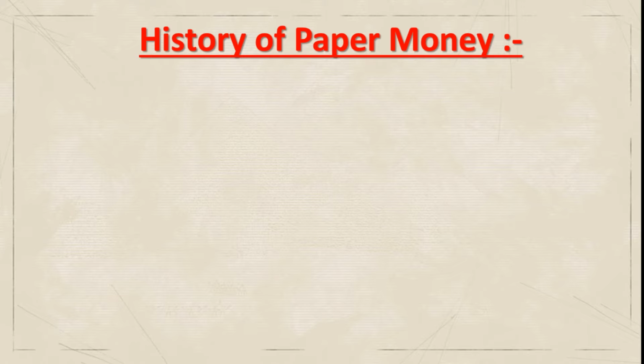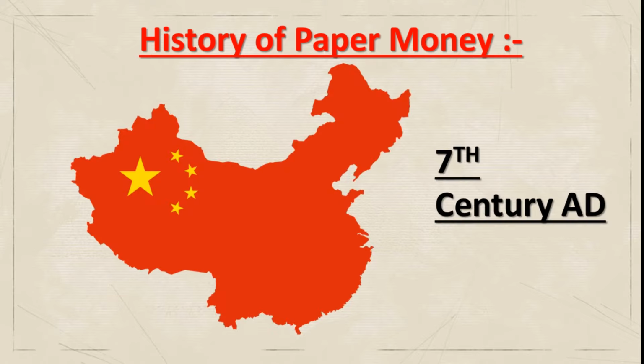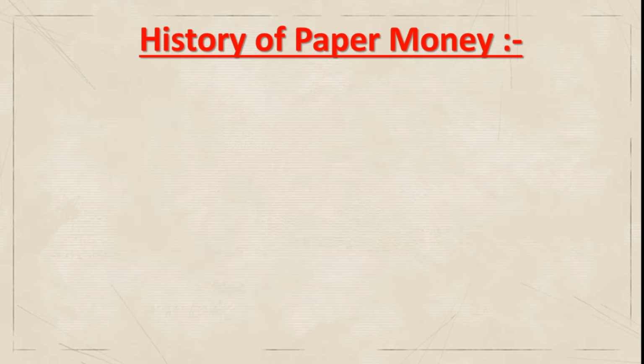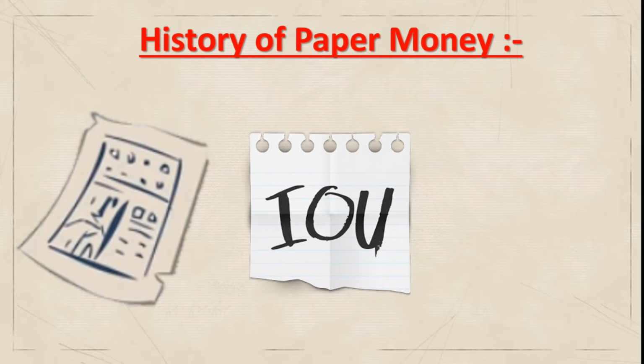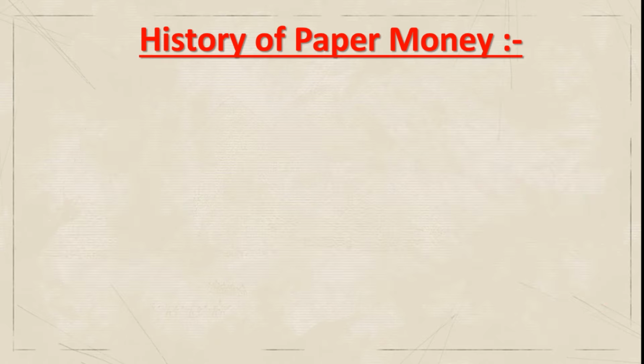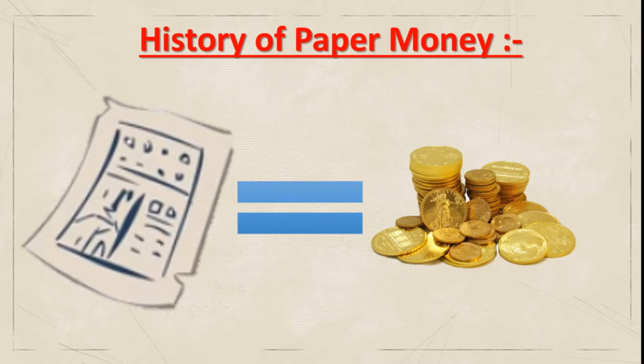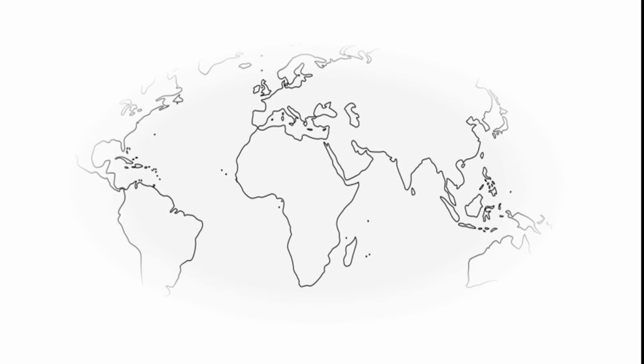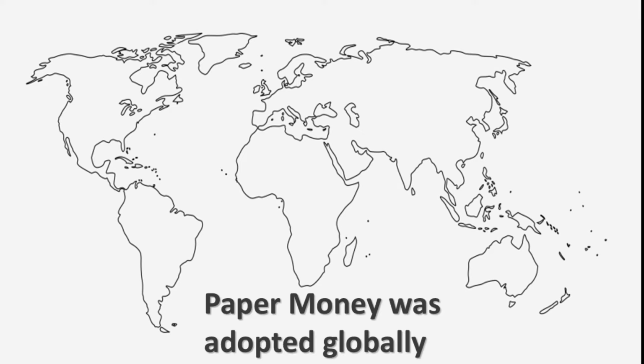Now let's talk about paper money. Paper money was invented in China during the 7th century AD. Paper money was in the form of promissory notes or IOUs, which were made by the ruler or the licensing authority of that place. These promissory notes were used by the people to buy their essentials. The merchants and traders found it better to use these promissory notes as money instead of transporting a heavy bulk of coins from one place to another. The government used to keep reserves equal to the value of the promissory notes in the country. The system of paper money was easy and convenient, and soon paper money was adopted globally by many countries.